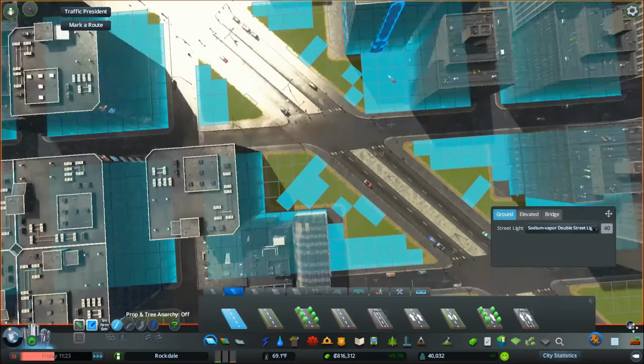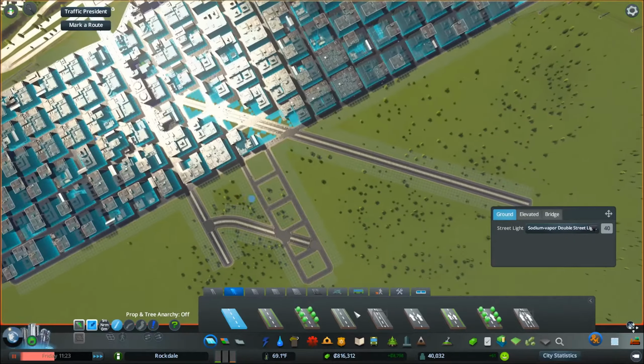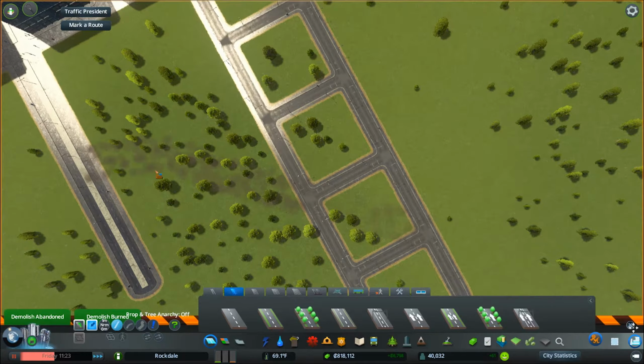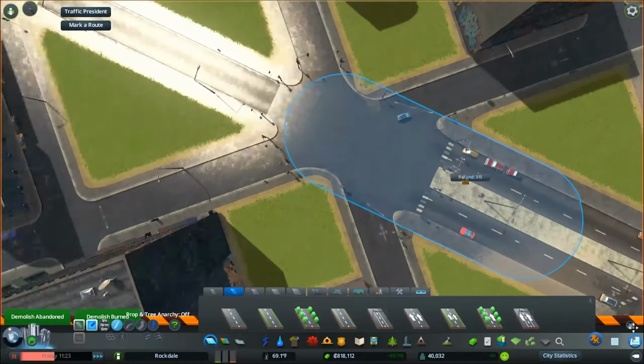So this one will then connect into there like that. Yeah, I think that'll work better. Okay, so then we'll get a nice extra little road going down there, which will look good. And then this guy doesn't need to be here. So you can drive up, and then you can either...